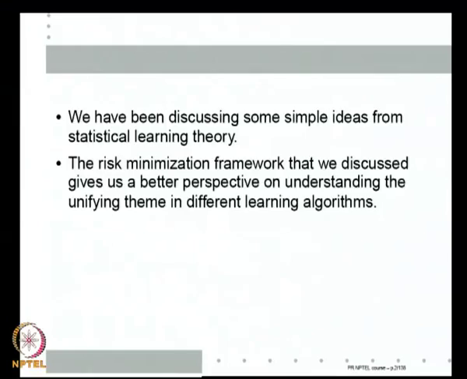So, just to recap in two sentences, we looked at some ideas from statistical learning theory, and the basic thing that we have introduced is the so called risk minimization framework, whereby we essentially have a hypothesis space which represents some class of functions from the feature space to reals, and we evaluate each function or each hypothesis in terms of its risk, which is expectation of loss.